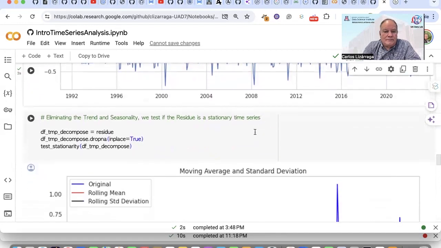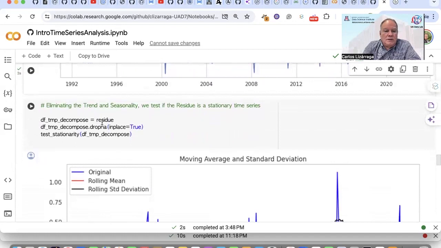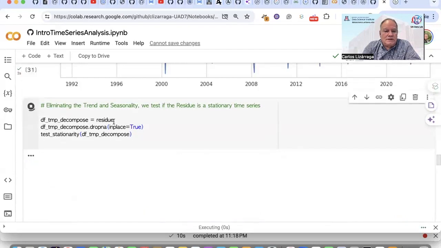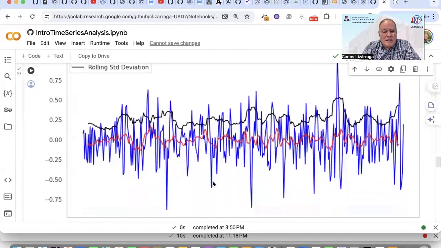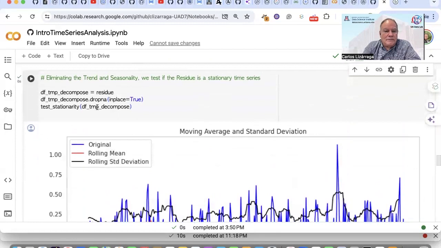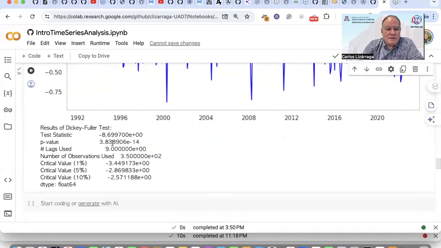Okay. So I'm going to look at the residue and then test the stationarity of the residue. So this is the residue, and applying the stationarity function for testing my time series, I can see that the p-value is less than 0.5. So the residue, when you do a seasonal decomposition of your time series, the residue is always a stationary time